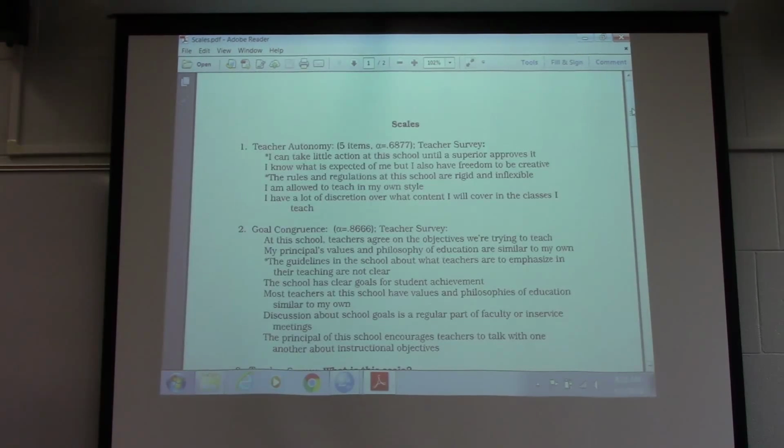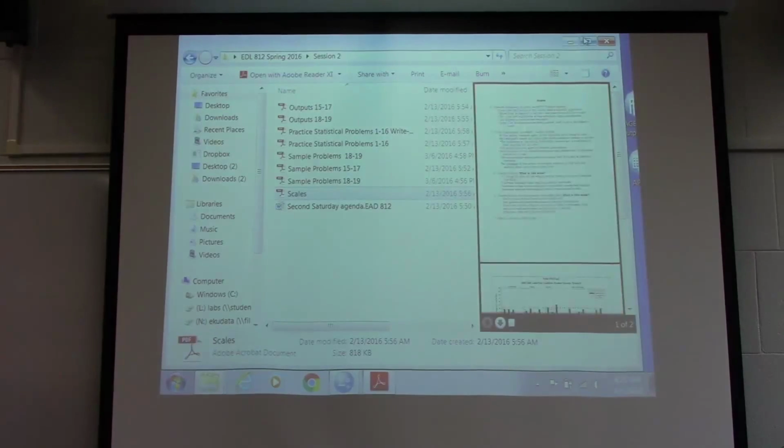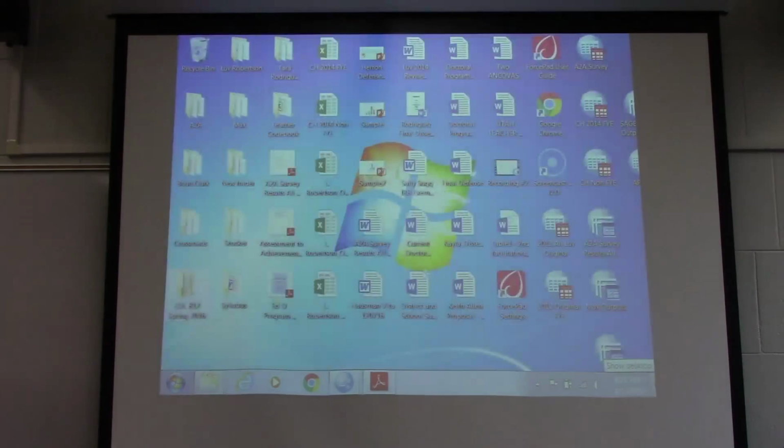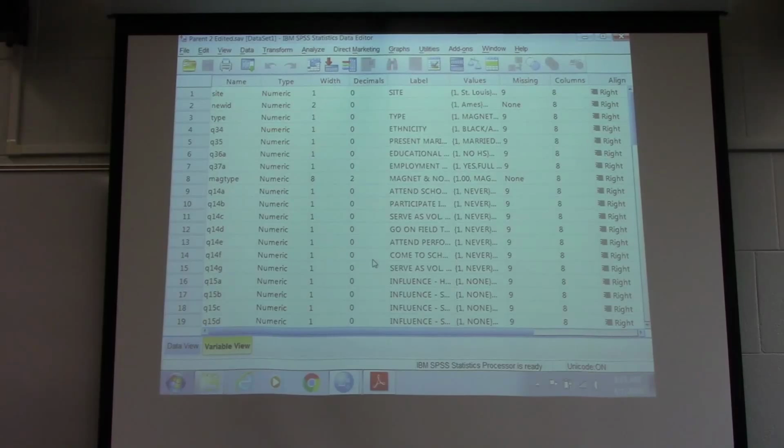So what I want you to do now is we're going to take multiple items and we're going to run a Cronbach's alpha and determine whether those items can be used to assess a scale. So go to Parent 2 Edited, which is in your K-12 database. With Parent 2 Edited, refer to output 18. And I have an example that has to do with